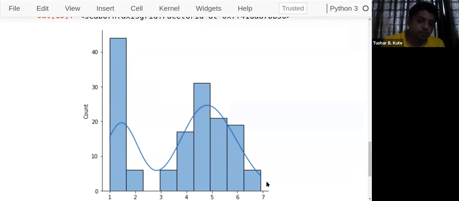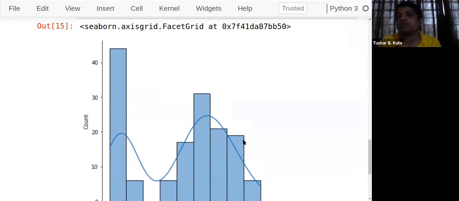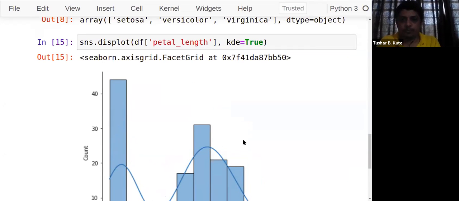So the histogram and KDE plot, both, I can plot on a single plane by adding one parameter, KDE, which is not possible in matplotlib. Now see this one, KDE is equal to false. Fine, that's what we can use. So combinations of both, that's what we can do, and we can check how it is possible. Okay, actually the histogram is the only plot which is used for univariate distribution.